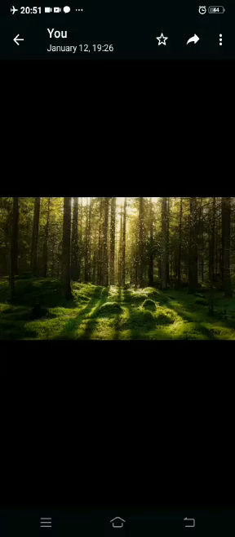Why are forests necessary? Forests are very useful for us. They perform various functions. Plants release oxygen that we breathe and absorb carbon dioxide. The roots of the plants bind the soil.